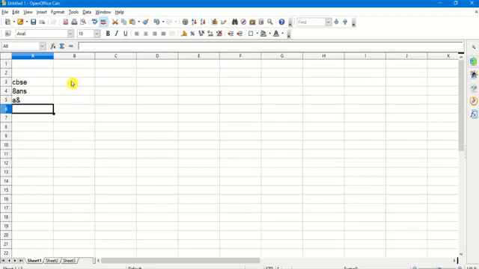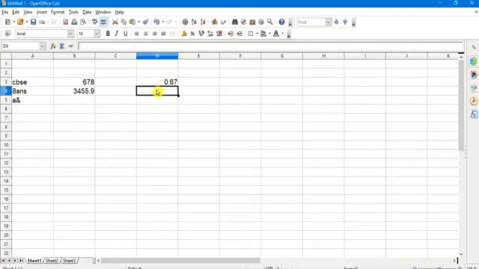The next one is a value. Any value which is purely a number, along with the decimal point, is also considered as a value or a number, and it is aligned to the right hand side of the cell. Now one important fact about numbers is that if I type a number as 0.67, then that 0 is displayed to me as the leading number.